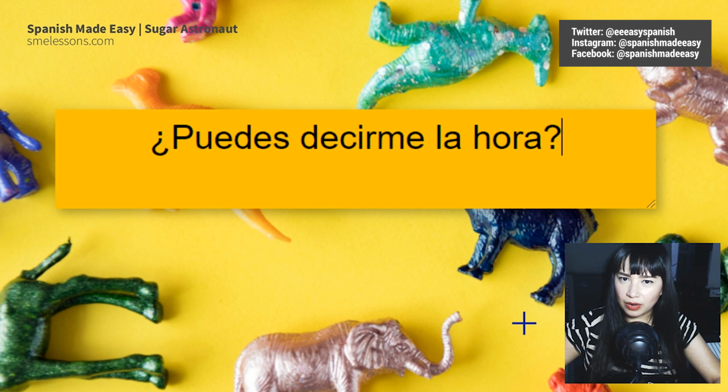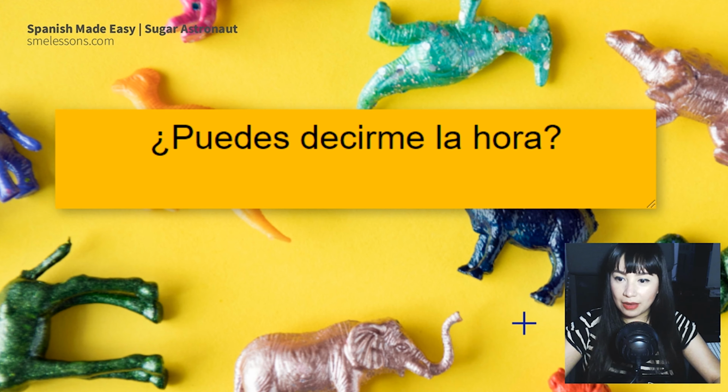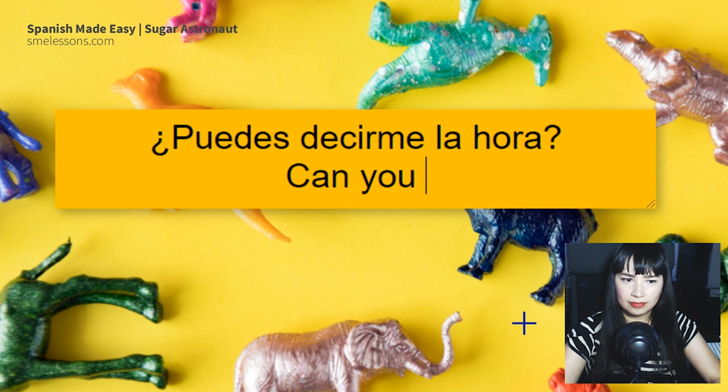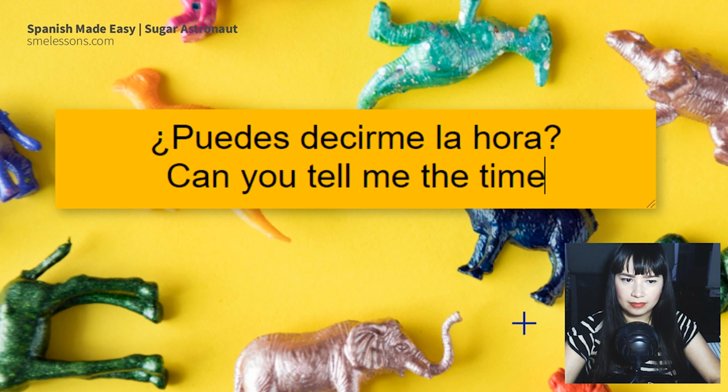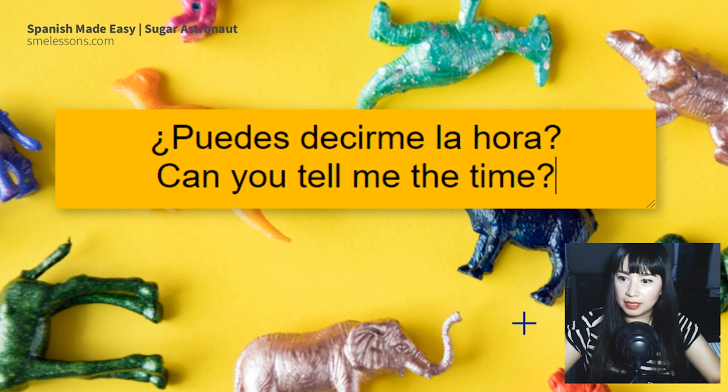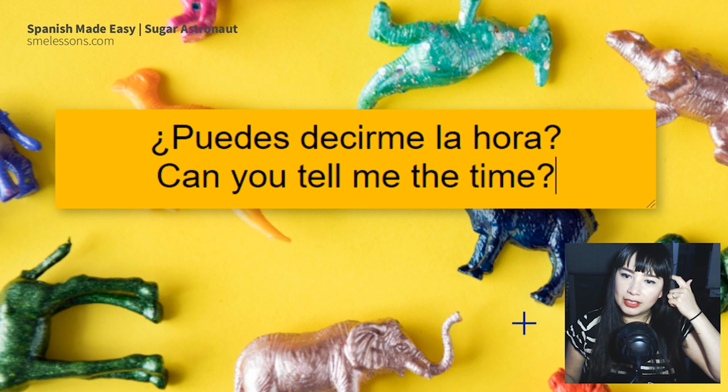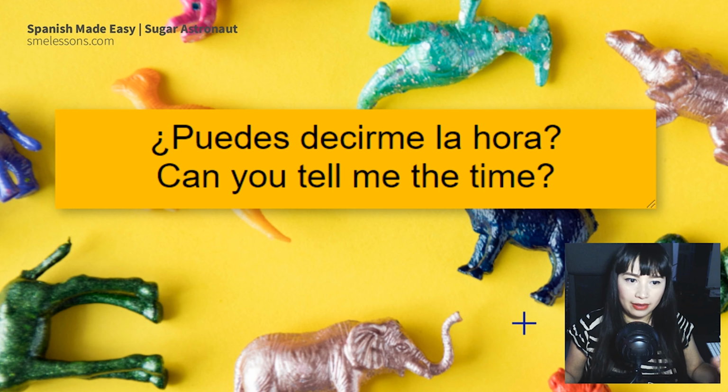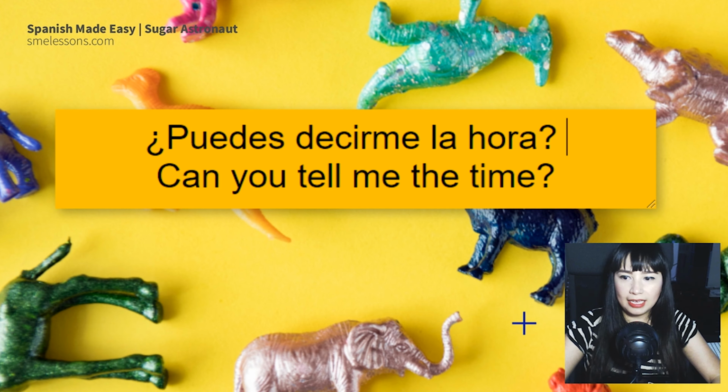¿Puedes decirme la hora? This means can you tell me the time? What time is it? ¿Puedes decirme la hora? Can you tell me the time? So from there you can talk about how late it is or how early it is, about the weather, about things that you have to do. So I would add here